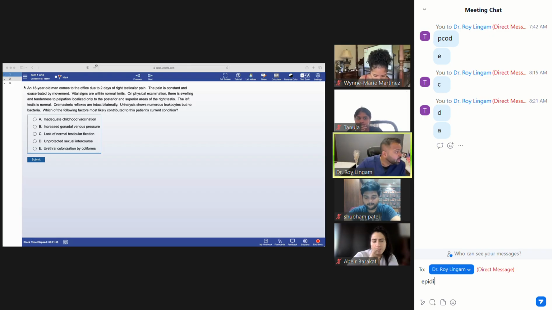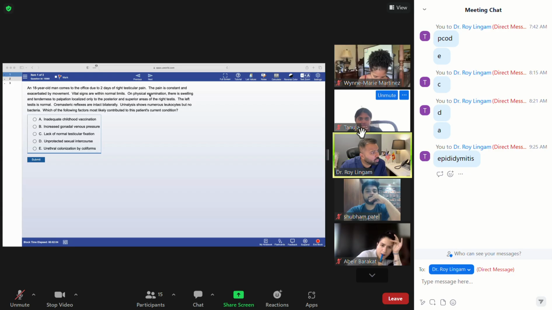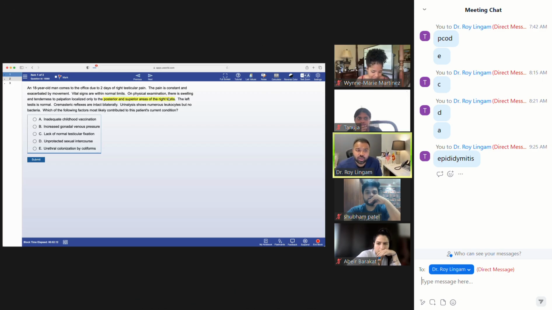Okay. An 18-year-old man comes to the office due to 2 days of right testicular pain. The pain is constant, exacerbated by movement. Vital signs are within normal limits. On physical exam, there's swelling and tenderness on palpation localized to the posterior and superior area of the testicle. You see, now you should appreciate the anatomy, right? That should be the epididymis that's involved. So that should be most